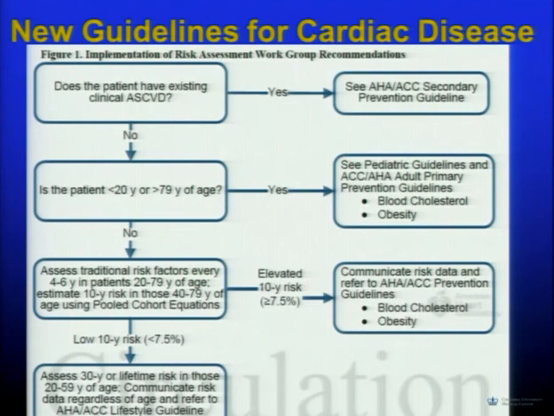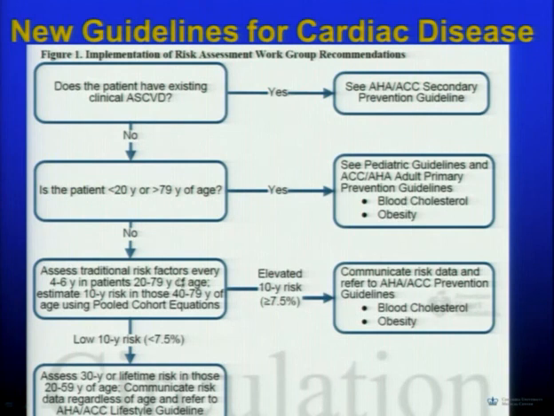And they graded all the evidence and came up with these guidelines. First, does the patient actually have atherosclerotic cardiovascular disease? If they do, then you should go to the secondary prevention guidelines. If they don't, and they're between 20 and 79 years of age, you either see the pediatric guidelines or the adult primary prevention guidelines and discuss whether or not you need to control their blood cholesterol, lower any rates of